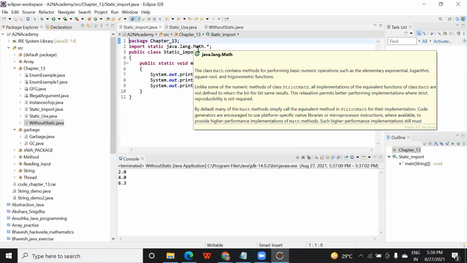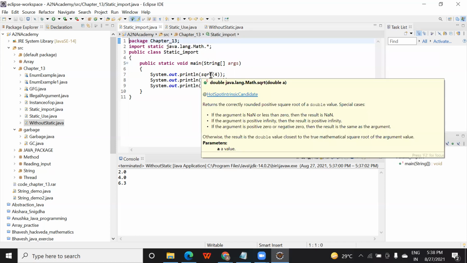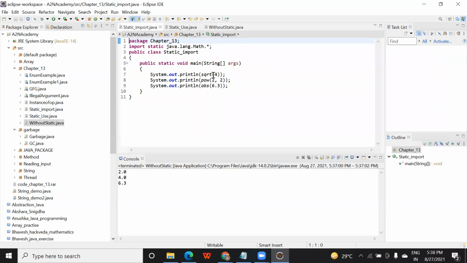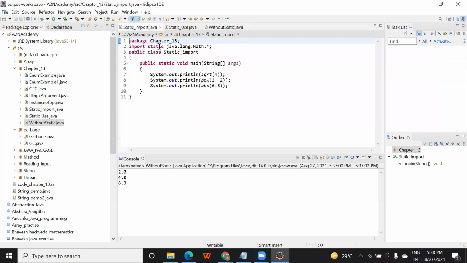Means you are importing the Math class, and once you import it, you don't need to call it again or add it in the code. You can directly call sqrt. So now, what is the advantage of adding this? It is now validating that this square root, power, absolute function is defined in this Math class.